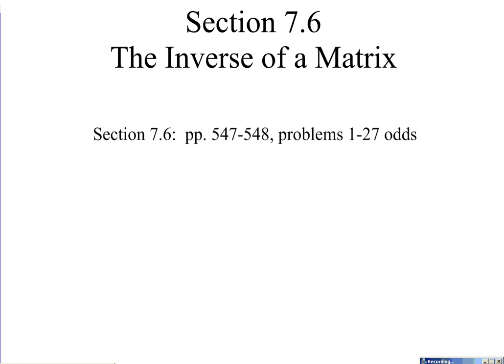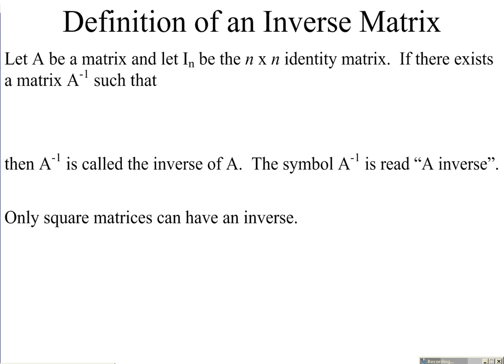Section 7.6, the inverse of a matrix. Definition of the inverse of a matrix. Let A be a matrix, and let I of n be the n by n identity matrix. Remember, an identity matrix has to be square, has ones on the diagonal, 0 everywhere else. If there exists a matrix which is written as A to the negative first, such that